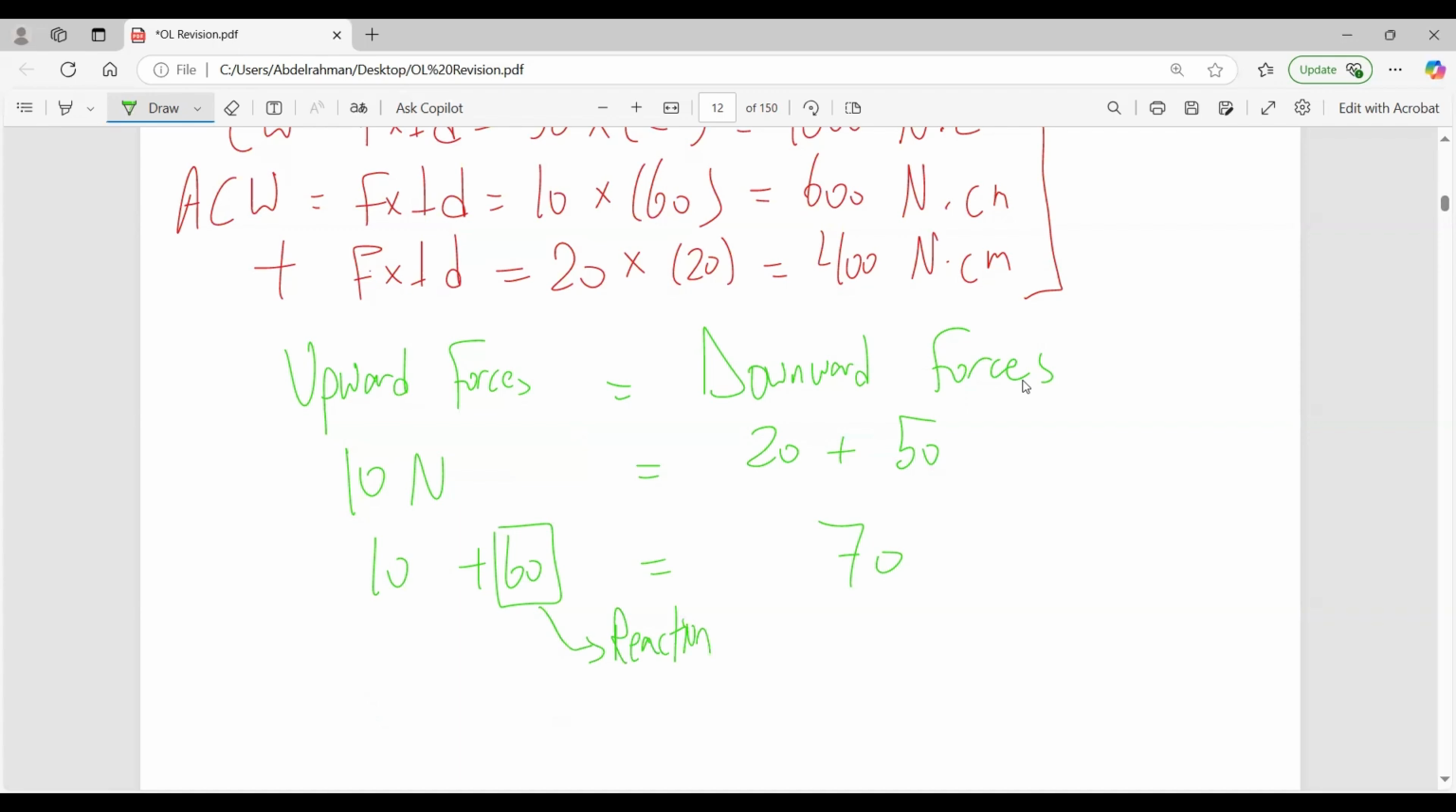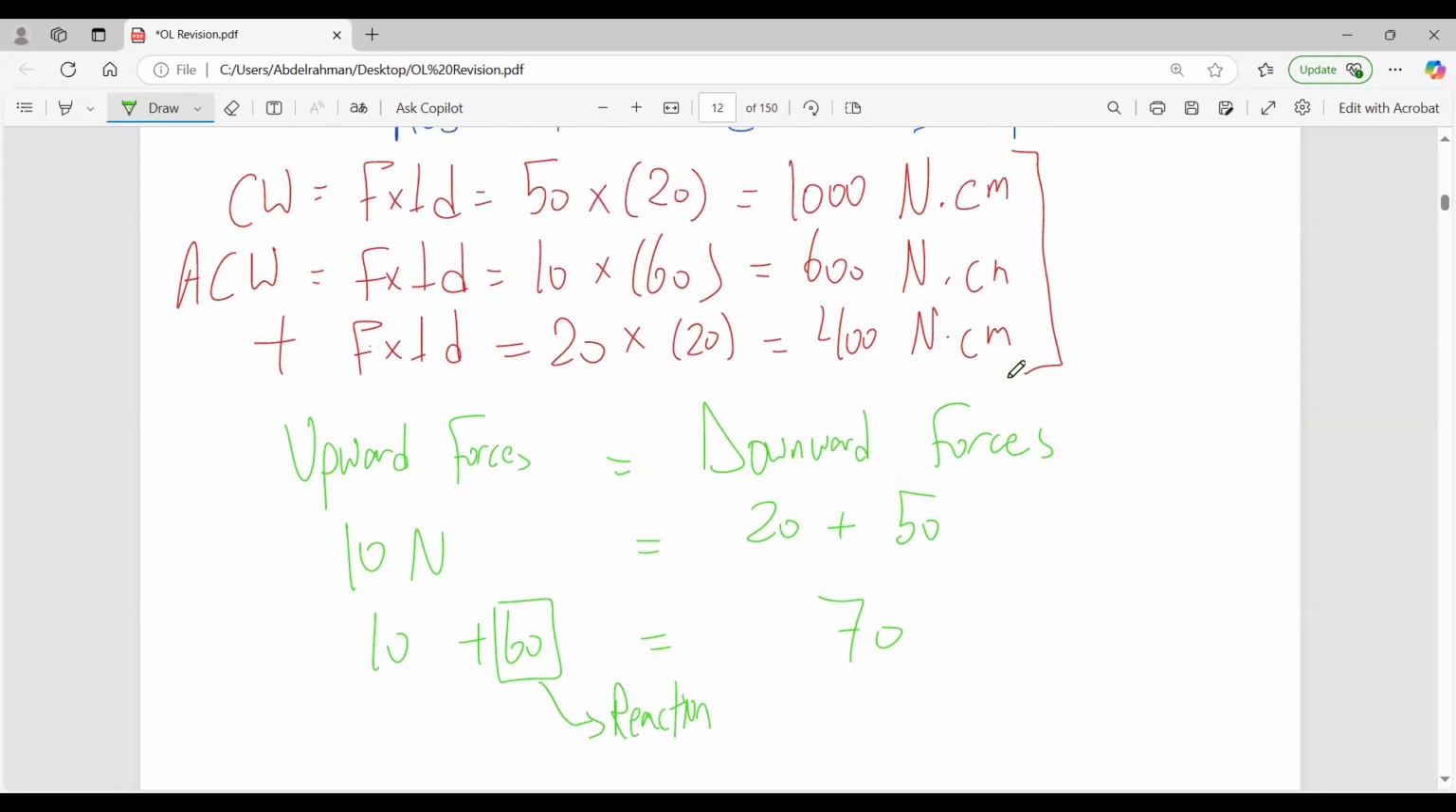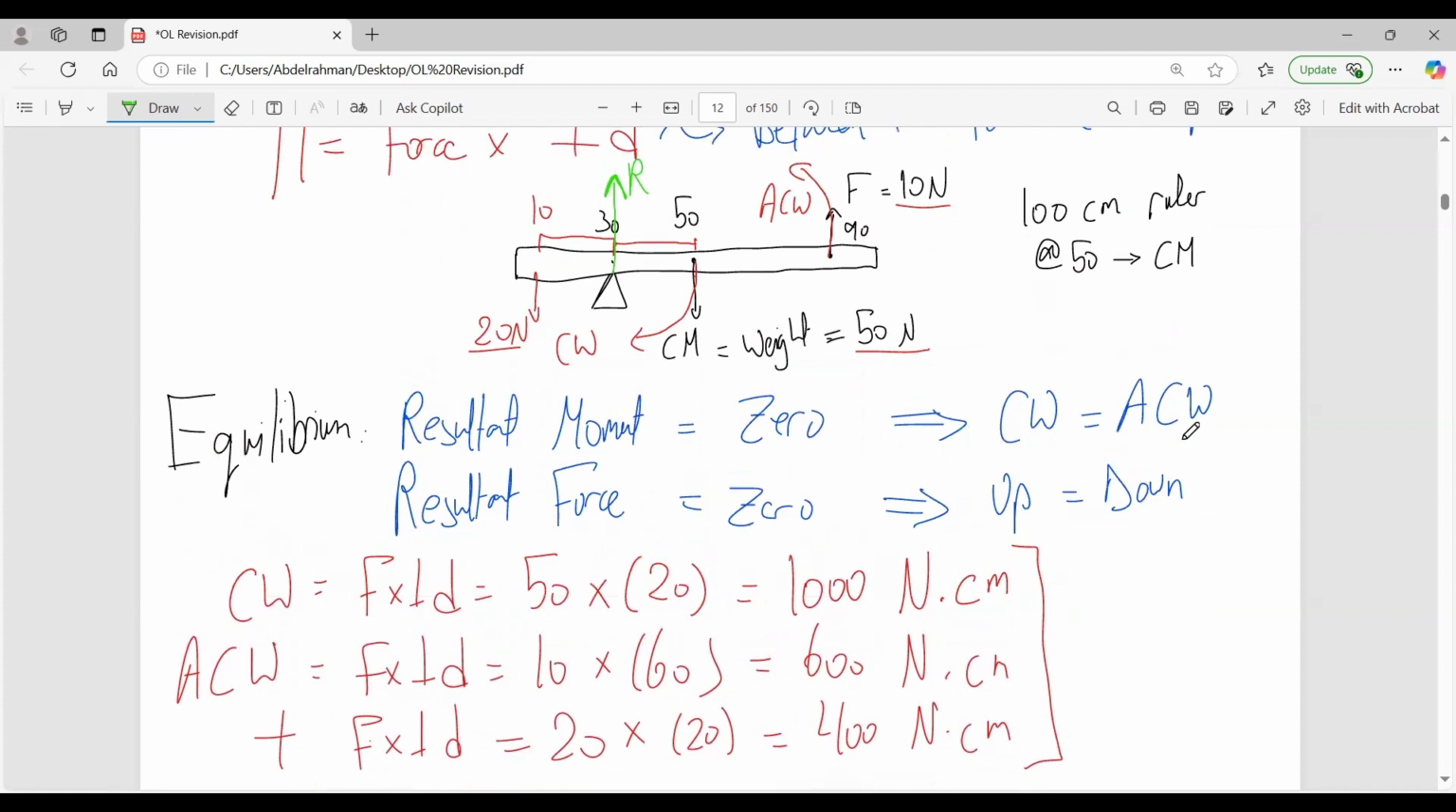Where does this reaction force act? It acts at the pivot. Usually it acts upwards, okay? Because if the forces are downwards, you'd have a reaction force acting upwards. So usually most of the questions related to moment, you usually have a pivot